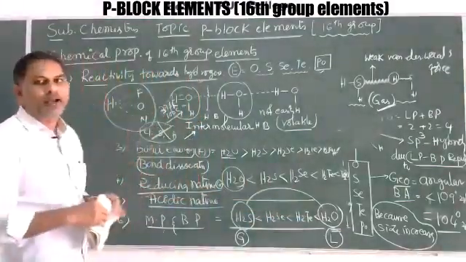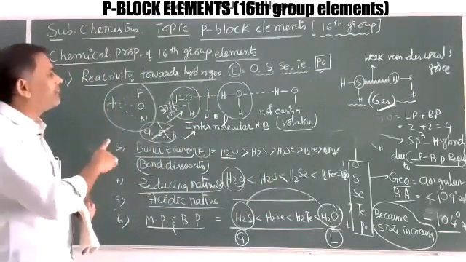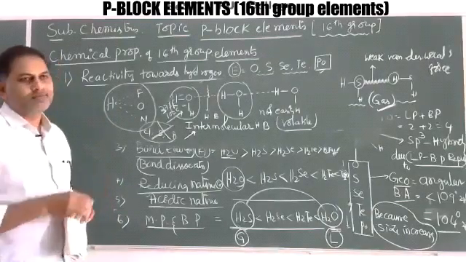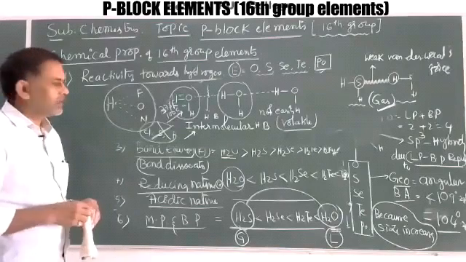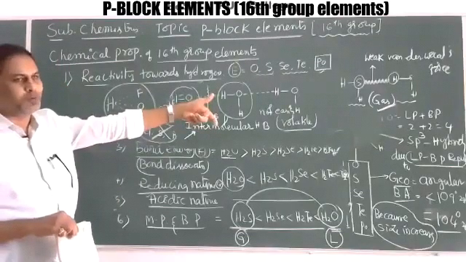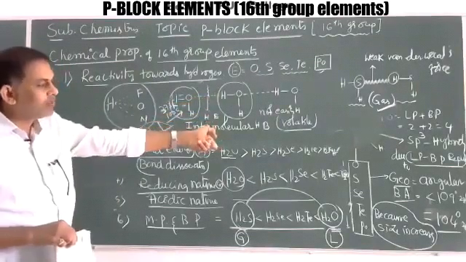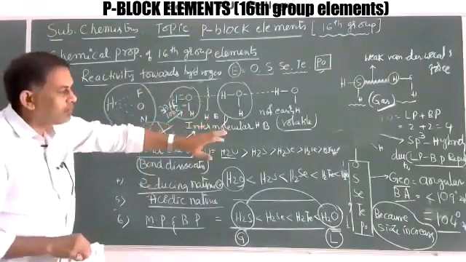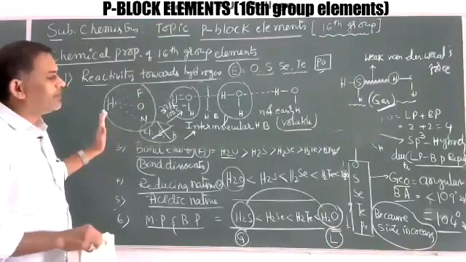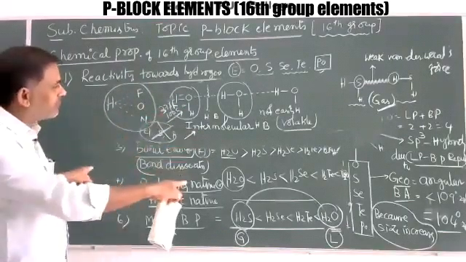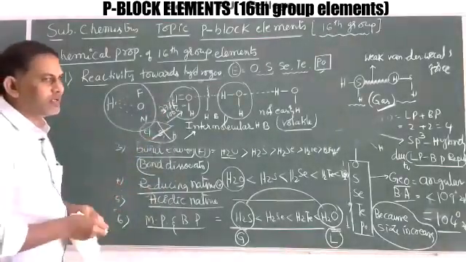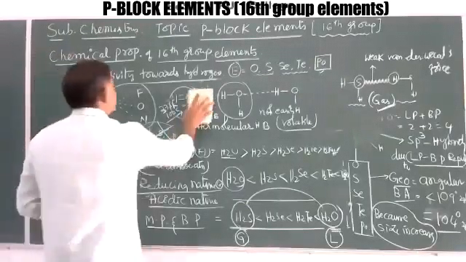These are some important points about hydrides of the 16th group elements, that is, reactivity towards hydrogen. Clear? So first, on the basis of structure, number of lone pairs and bond pairs, hybridization, bond angle and bond length, we can manage all these points. Better you read from the textbook. In the textbook, this is not given clearly, just a theoretical explanation and one table. By using the table, better you read. Okay. Next, the second important thing is